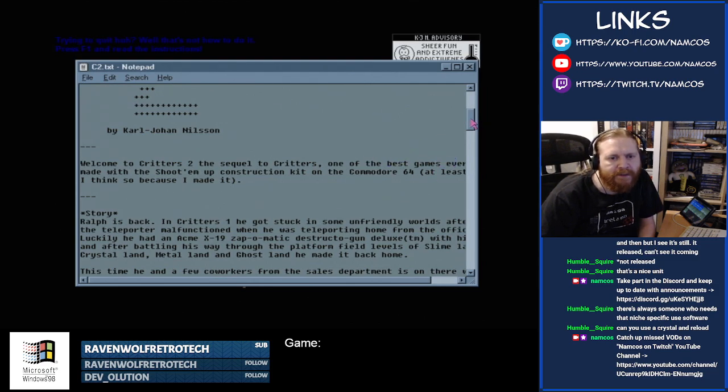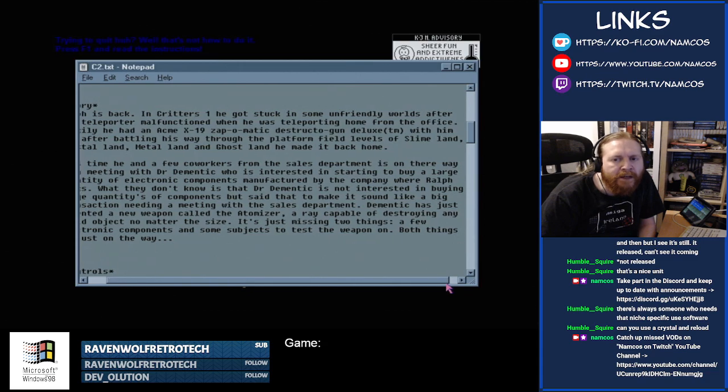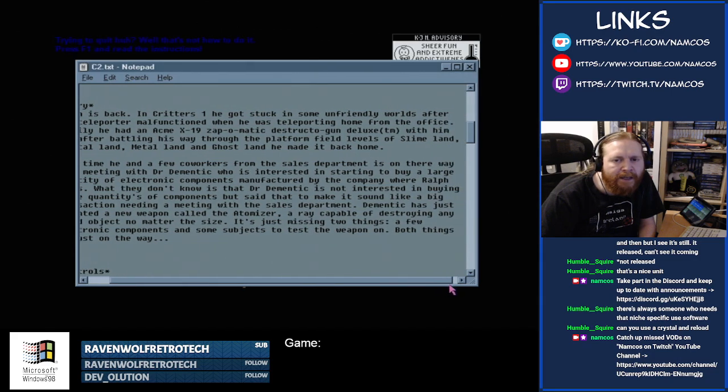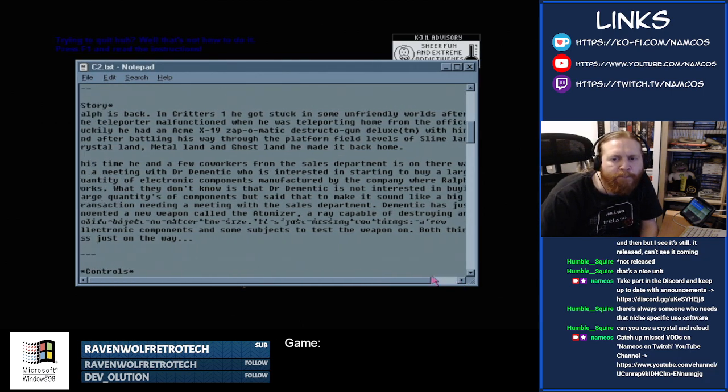Story, Ralph is back. In Critters 1, he got stuck in some unfriendly worlds after the teleporter malfunctioned when he was teleporting home from the office. Luckily, he had an Acme X19 Zapomactic Destructo Gun Deluxe TM with him, and after battling his way through the platform field levels of Slime Land, Crystal Land and Metal Land and Ghost Land, he made it back home. This time, he and a few co-workers from the sales department is on their way to a meeting with Dr. Dementic, who is interested in starting to buy a large quantity of electronic components manufactured by the company where Ralph works. What they don't know is that Dr. Dementic is not interested in buying...